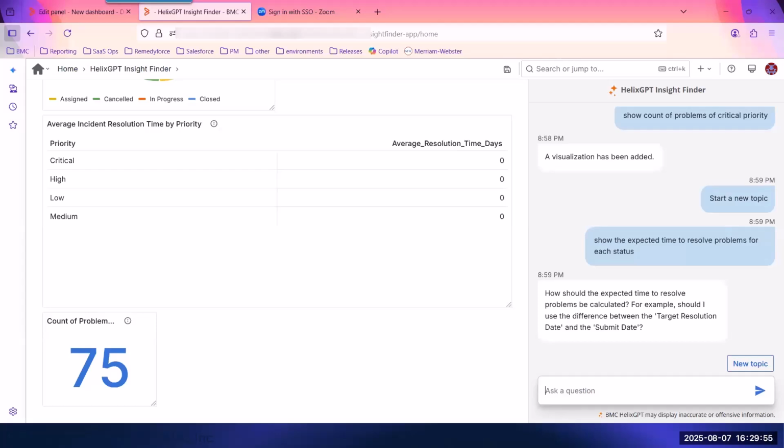Insight Finder is asking me, how should the expected time to resolve be calculated? But it's not just given up. This is an intelligent response because it has provided a clue. So it's given an example. Should I use the difference between target resolution and the submit date? And I can say yes. Yes, based on the difference between